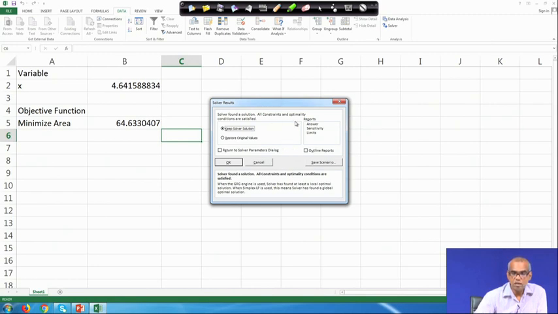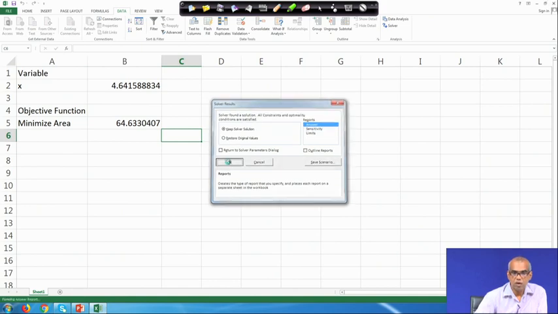All constraints and optimality conditions are satisfied. Click the radio button Keep Solver Solution, also select Answer under Reports. Click on the OK button.